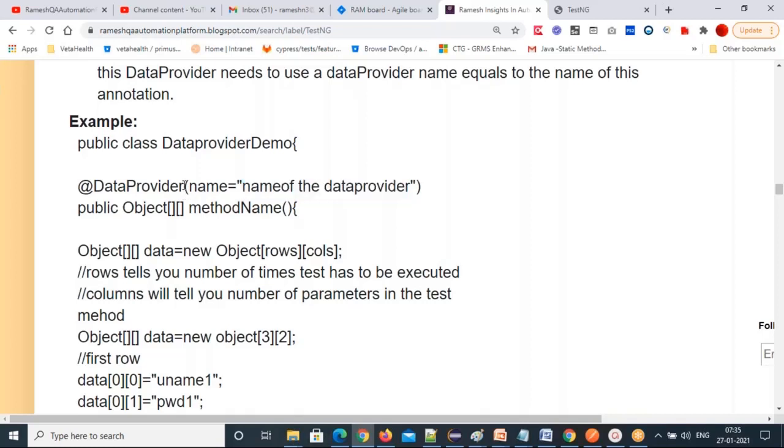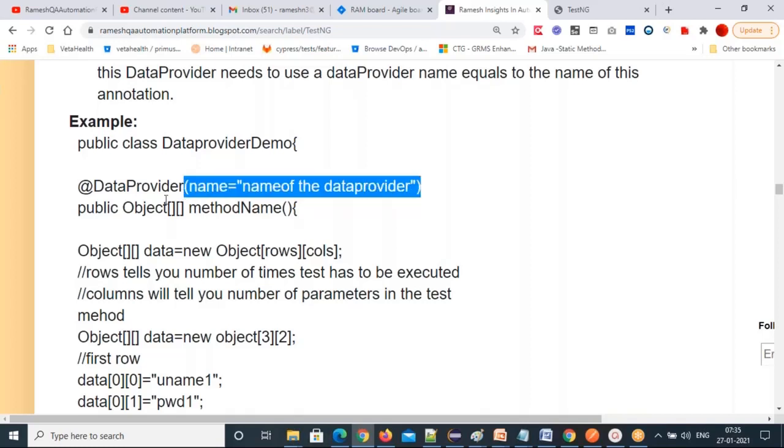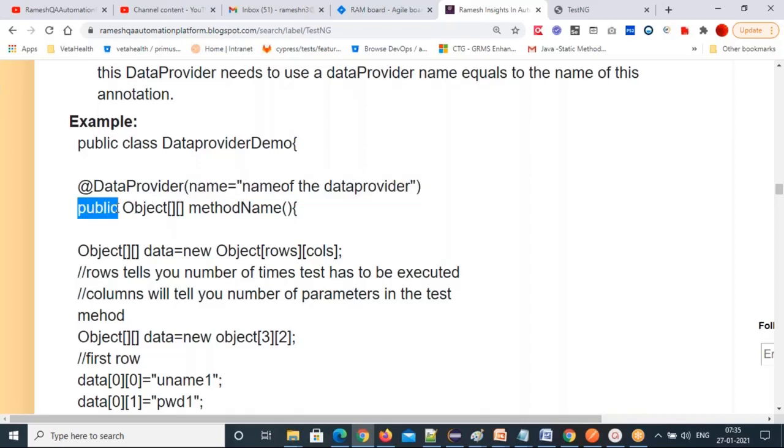Or without a name also you can create a DataProvider annotation. Public, and this returns an Object two-dimensional array. Then you write the method name, parentheses, curly braces, Object two-dimensional array data equals new Object, rows and columns.